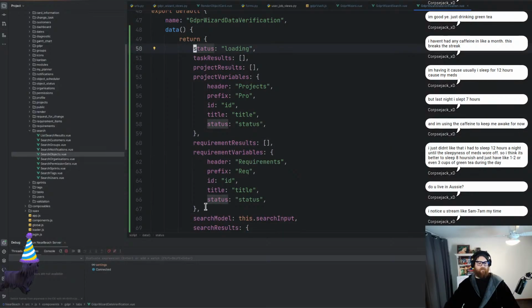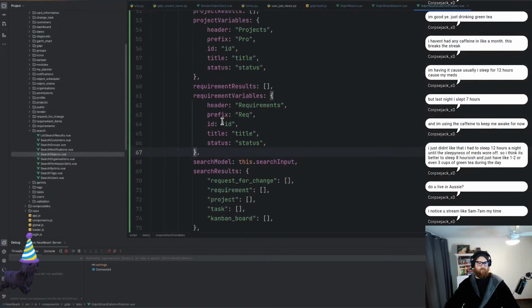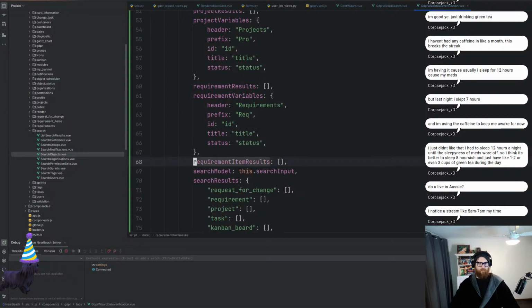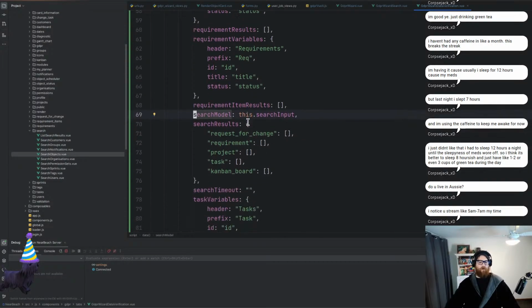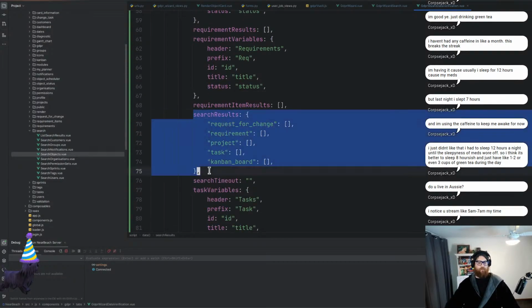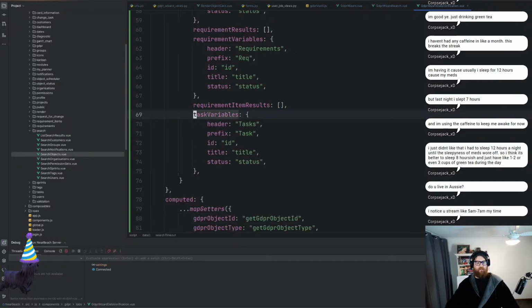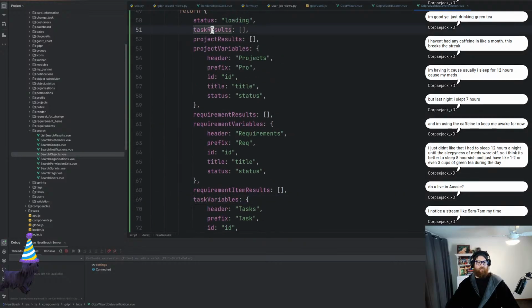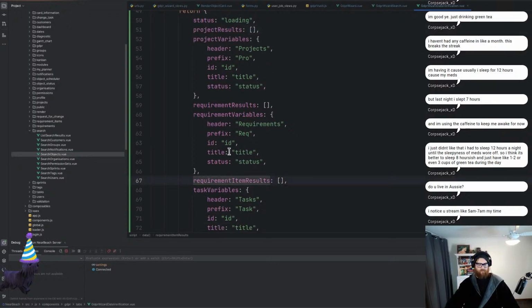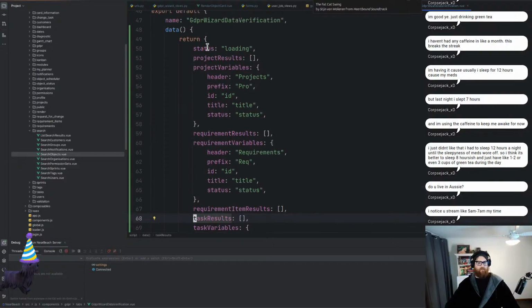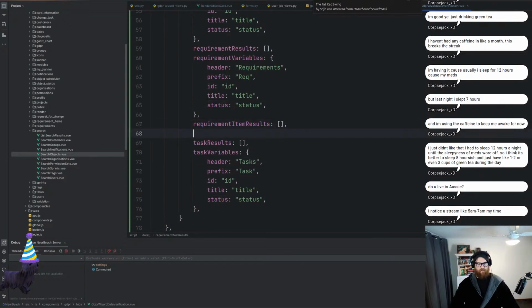Requirement item results, we will need to actually make the requirement item results. We don't need that. That's how we've done it in this sort of way, but that's fine. We don't need the search results. We do need the task results,